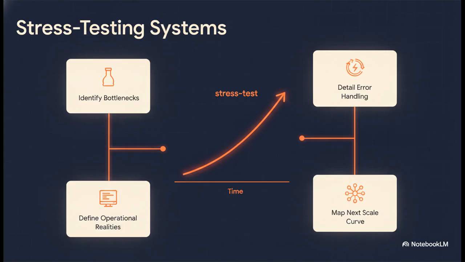In the final minutes of the deep dive, you can leave an incredibly strong senior-level impression by proactively stress-testing your own design. Never say your system is perfect. Point out exactly where it breaks down under pressure. Talk about your error handling, what actually happens during a catastrophic network loss. Explain how you'd monitor the error logs. And finally, map out the next scale curve. If your design supports 1 million users today, what architectural shifts are needed to handle 10 million tomorrow? That right there is what separates a junior coder from a staff-level architect.